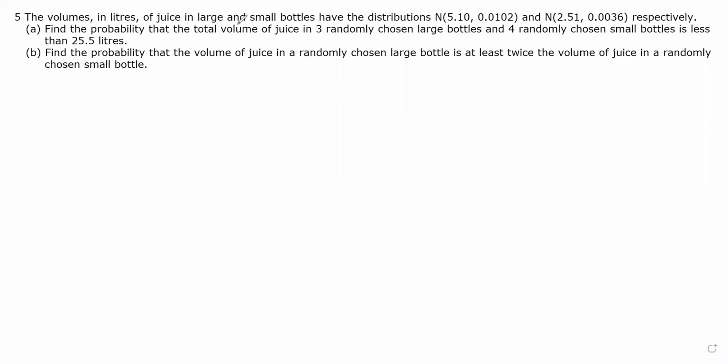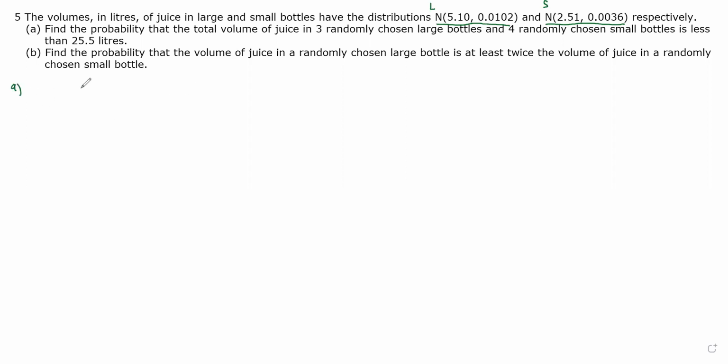The volume of juice in large bottles follows a normal distribution with a mean of 5.10 liters and a variance of 0.0102. Let's say L here follows the normal distribution. And the volume of small bottles of juice, denoted by S, follows a normal distribution with a mean of 2.51 and a variance of